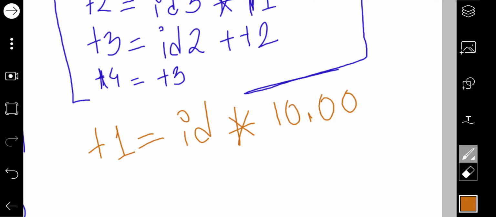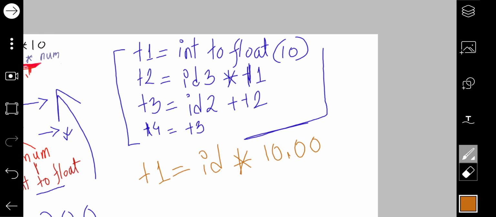So I have optimized these 2 lines of code into 1 line.